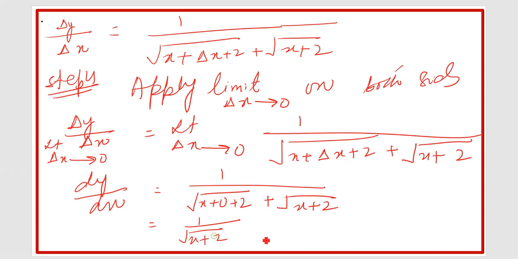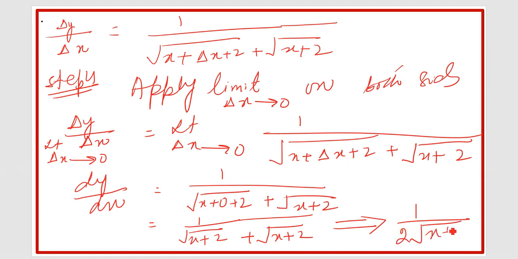So here we have square root of x plus 2 plus square root of x plus 2. See, this is the sign of plus. Now in both square roots we have x plus 2 because this is 0, and the sign is positive between these two. It means they will add together. So it will be 1 over 2 square root of x plus 2, because this is 1, this is 2. So 1 over 2 into square root of x plus 2 is our answer. So dy by dx is equal to this.